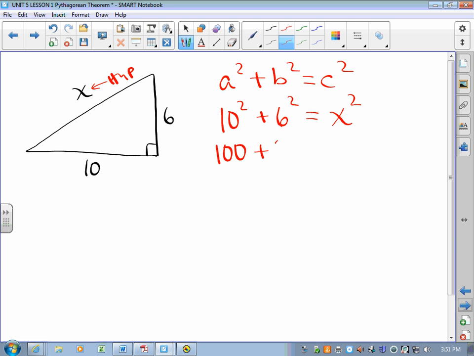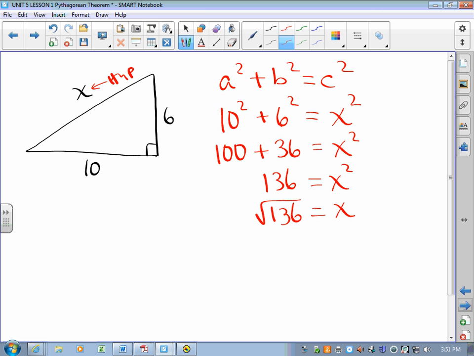10 squared is 100, 6 squared is 36. And so x is the square root of 136. And then it depends on how your teacher wants you to give that answer. If you're not told to round, you want to leave it as a radical, square root of 136,